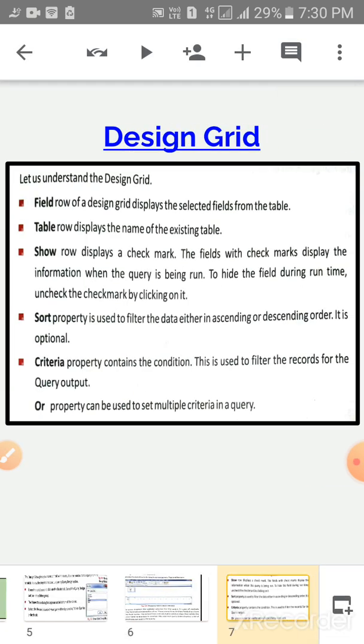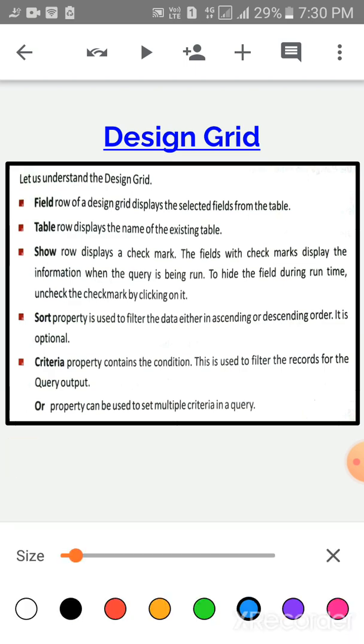In the design grid, the first option is Field. The Field row of the design grid displays the selected fields from the table. You have to select the field from the table. The next option is the Table row. It displays the name of the existing table.